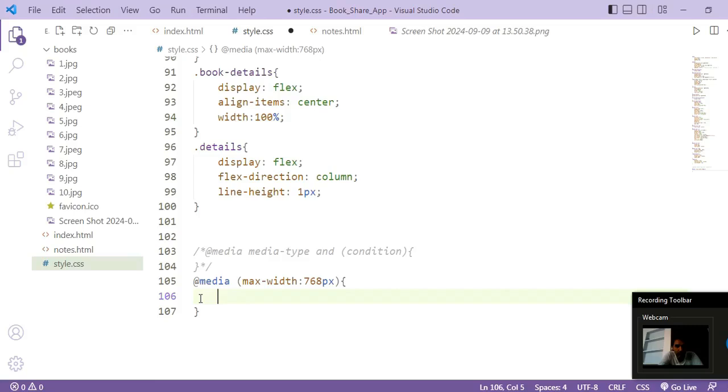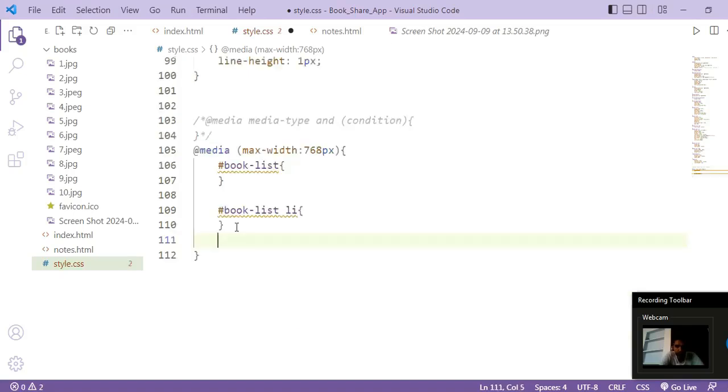Okay, so now let us write the CSS for our first ID. So hash book list, and then hash book list li, which is list item, and then hash book list image. Now one by one we will write the CSS.